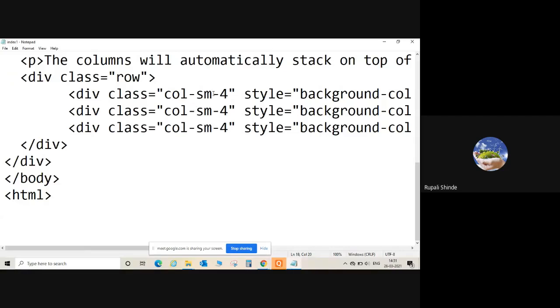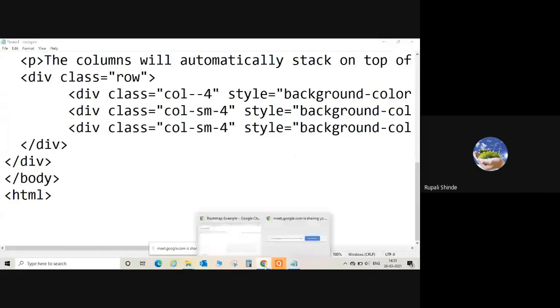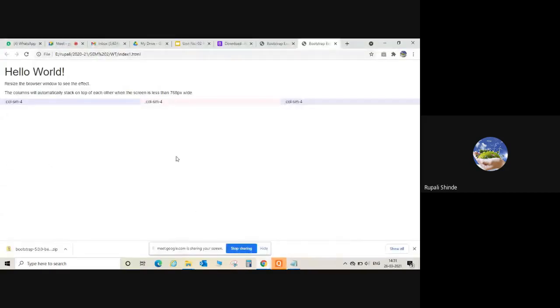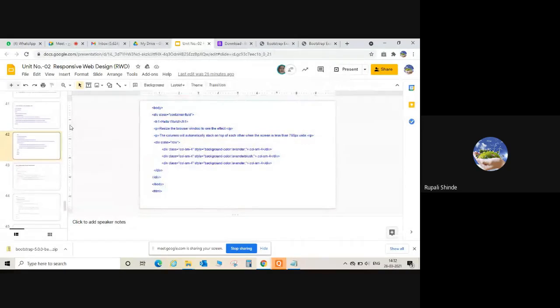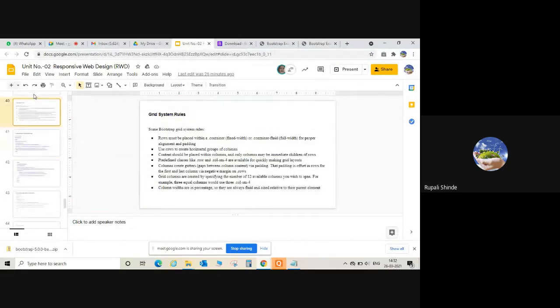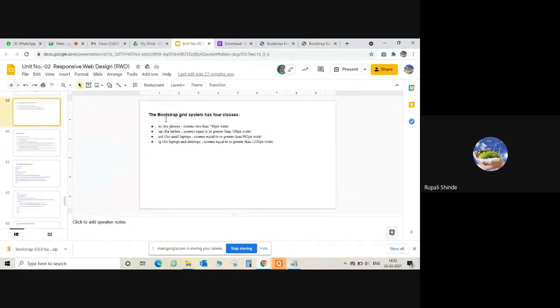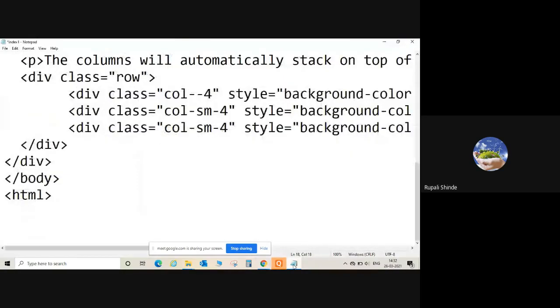If we use the other classes that we have, the xs classes, we are going to check here what happens if we mention col-xs-4.